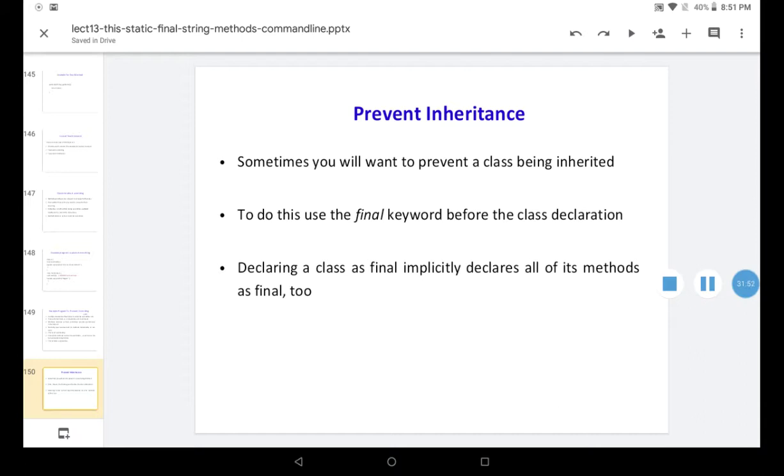There are no subclasses created from that final class. That is what we have learned in this class: multi-level hierarchy, and the final keyword, which is used to avoid method overriding and also to prevent inheritance.